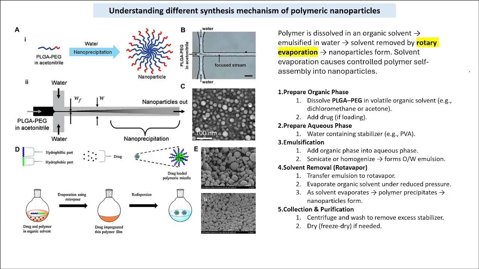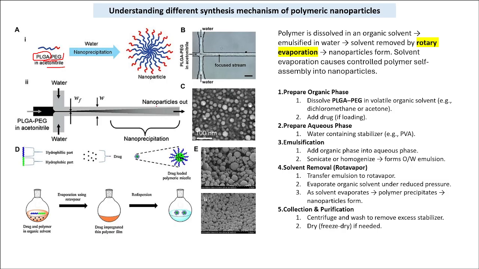Now there are different methods of forming polymeric nanoparticles, different synthesis mechanisms as well. Suppose here they have formed PLGA-PEG in acetonitrile. We know PLGA is a polymer used for synthesizing polymeric nanoparticles, and PEG functions as a stabilizing agent. See, this kind of nanoparticles are formed. The blue part signifies PLGA, and these red linkers are PEG, which are on the outside. So it would ensure more repulsive forces. There would be no aggregation because of the presence of the red PEG.